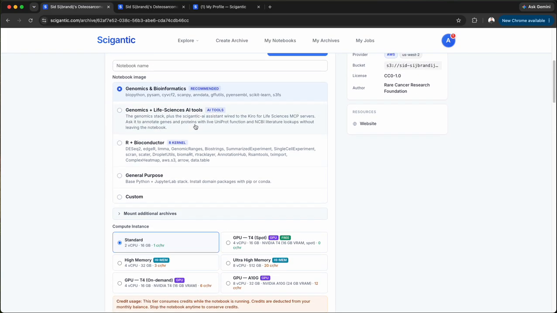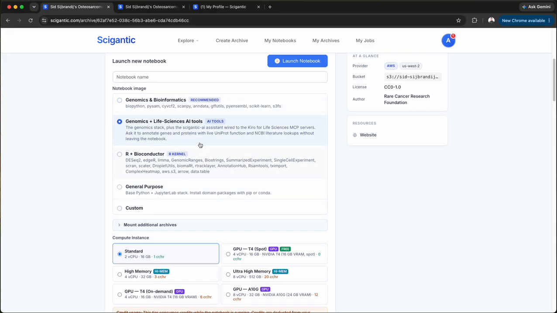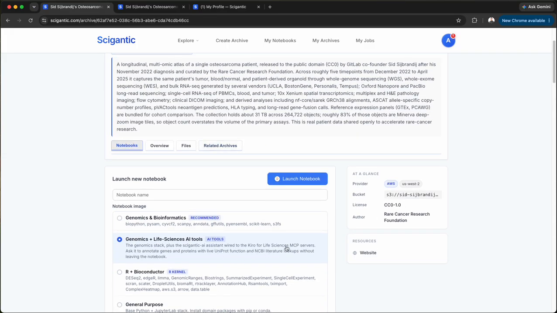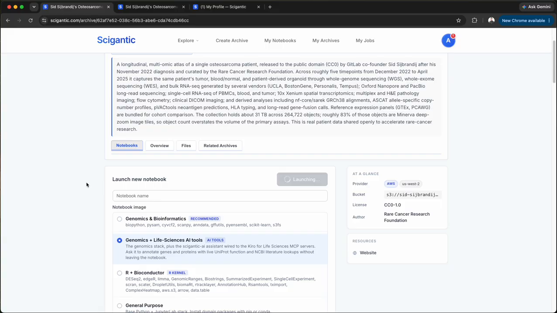I can even decide which dependencies I want to interact with and different types of compute and memory that I want in order to do my analysis. I'll quickly click on one. This one has Cure for Life Sciences MCP servers and a whole host of different dependencies required to interact with the underlying assets. So Scigantic is starting to provision compute and memory that will allow someone to quickly interact with